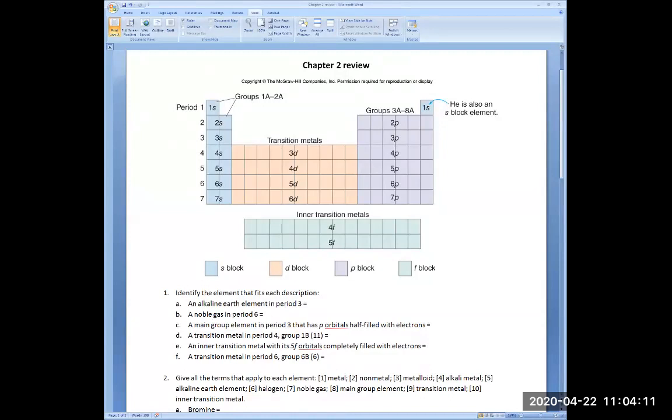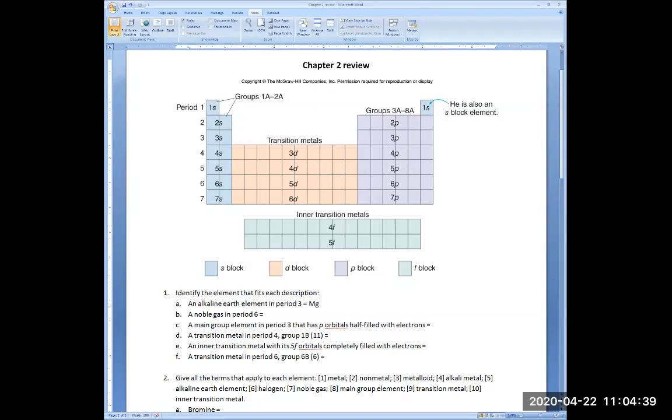So look at the period. No, neither of these two, not beryllium, not calcium. So periods are the name that we give to rows. So period 3 means row 3. And so yes, it's magnesium. Magnesium is the